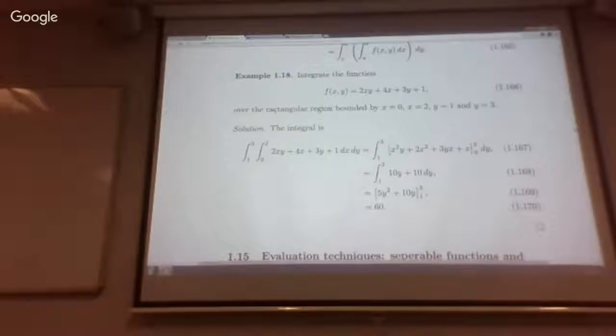Well, of course, this would give you AC xy plus DAX plus CBY plus BD. And so if this is supposed to be 2xy plus 4x plus 3y plus 1, the only way that can be is if AC is equal to 2, DA is equal to 4, CB is equal to 3,